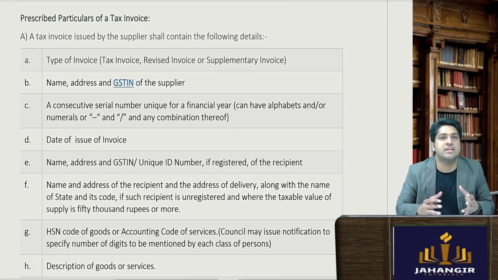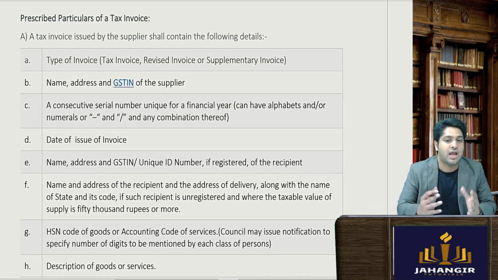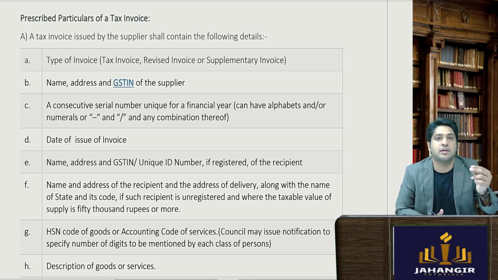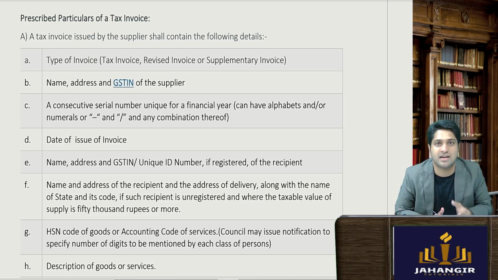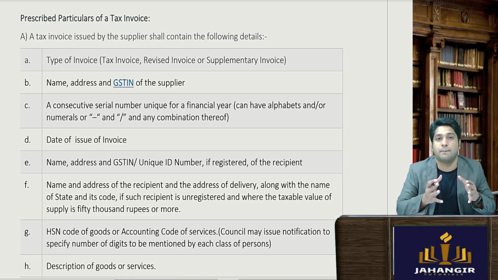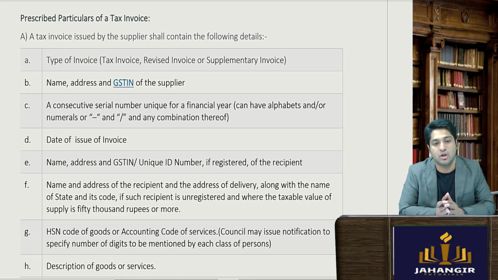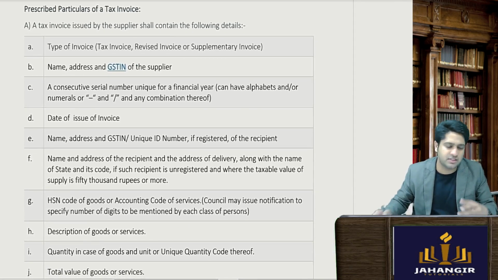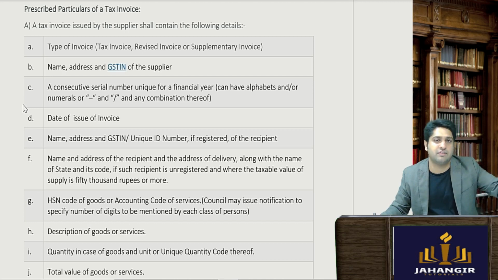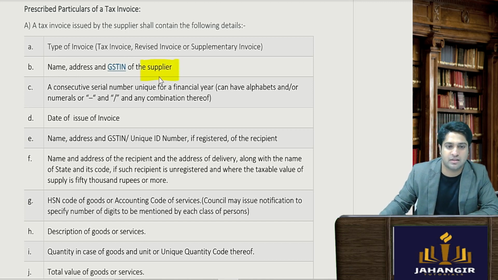Now the tax invoice has to contain certain information as given in the rules. If you have not given any information which has been prescribed as mandatory, a penalty will be levied on your transaction. So it is very important that your invoice contains all the necessary information specified in the rules, which is very simple. Whenever you buy anything, just pick up the invoice. You will see all this information given: the details of the supplier, the date of issue in which financial year, the recipient details,